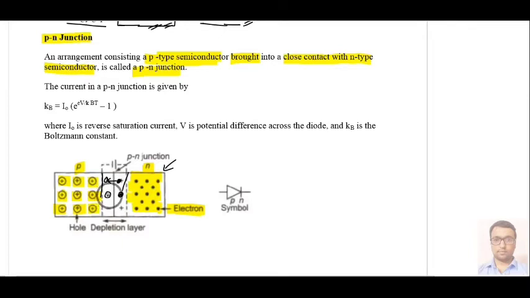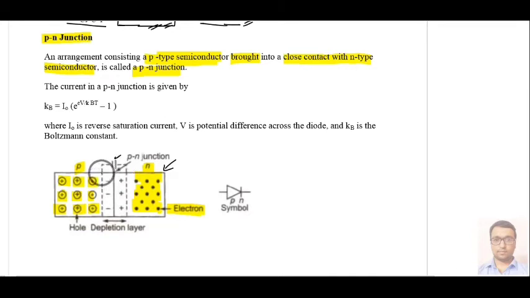Due to which, if an electron is embedded in a hole, some negative ion will be formed because it has accepted one electron, and from where the electron has left, there we will have fixed positive ions located over here. That's why it is represented by positive, and here we have negative. Due to these positive and negative immobile ions, ions which cannot move, some potential difference will develop over here.